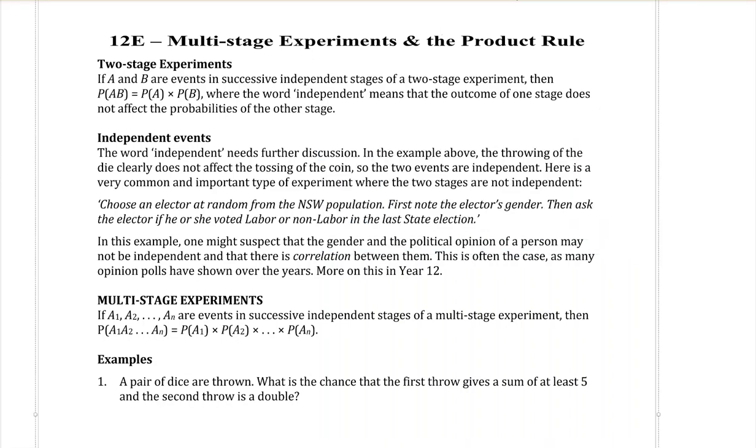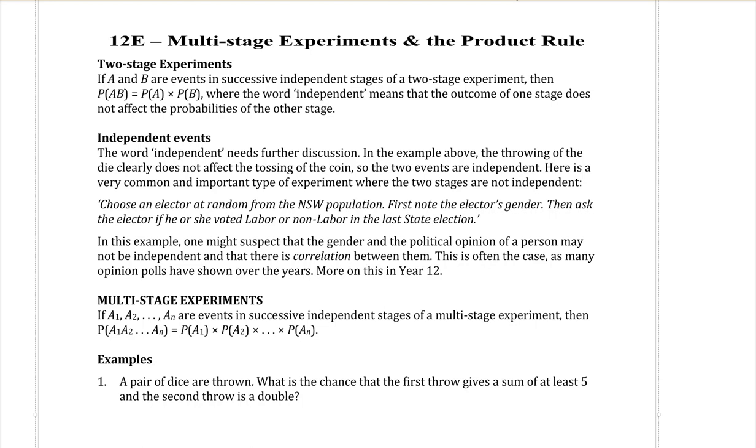Okay, so 12E is multi-stage experiments and the product rule. So let's read through the theory. We're doing two-stage experiments. If A and B are events in successive independent stages of a two-stage experiment, then the probability of A then B is the probability of A times the probability of B, where the word independent means